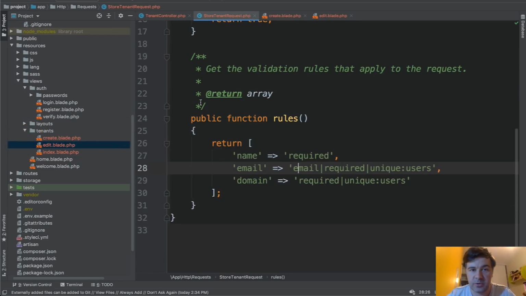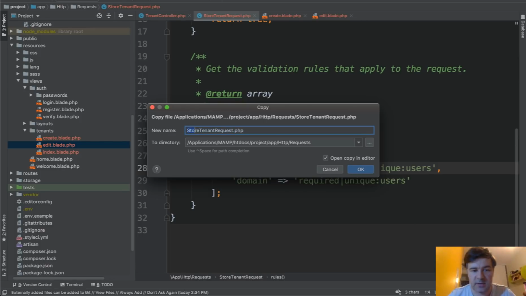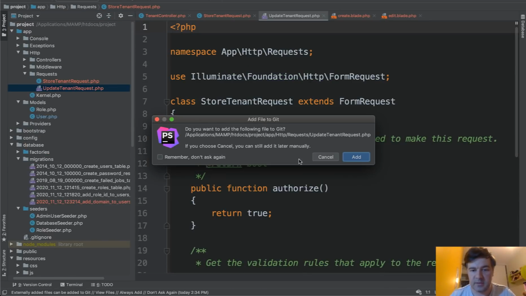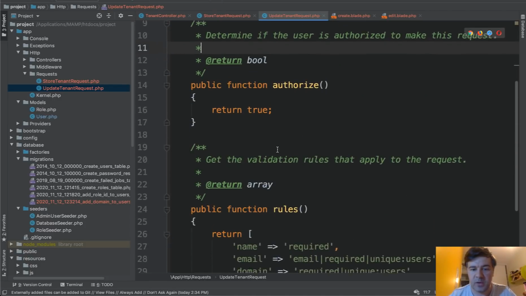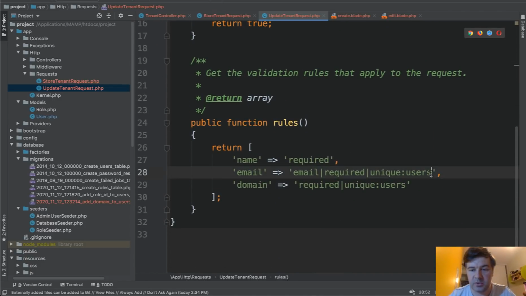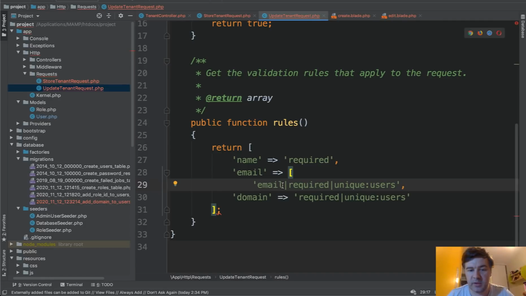So we just go store tenant request, save as update tenant request, like this. Rename the file class update tenant request, and we need to change that email to add a custom rule. So instead of that being a string, we will have an array of rules. First rule will be email,